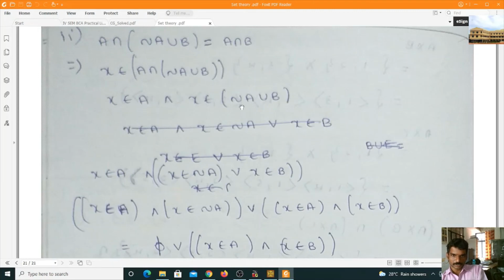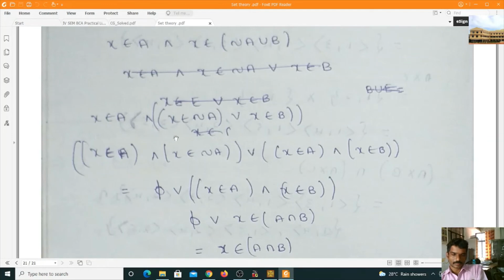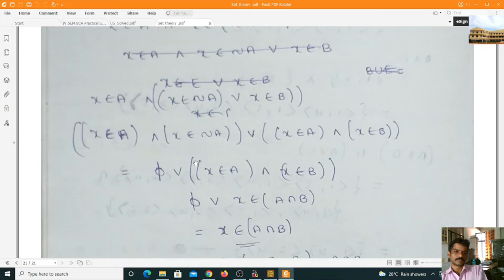Either X belongs to not A or B. So X belongs to not A or X belongs to B. Okay, now apply distributive rule. X belongs to A and X belongs to not A, or X belongs to A and X belongs to B. So X belongs to A and X belongs to not A